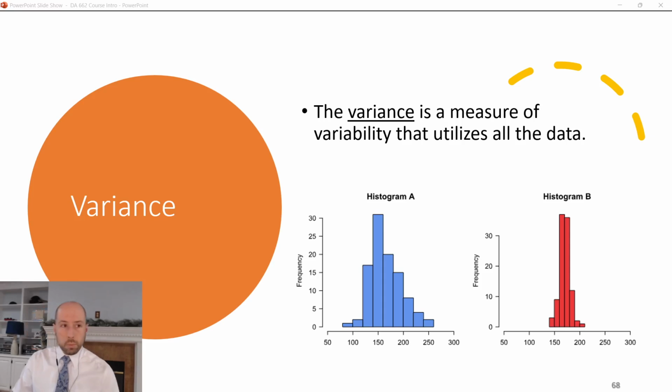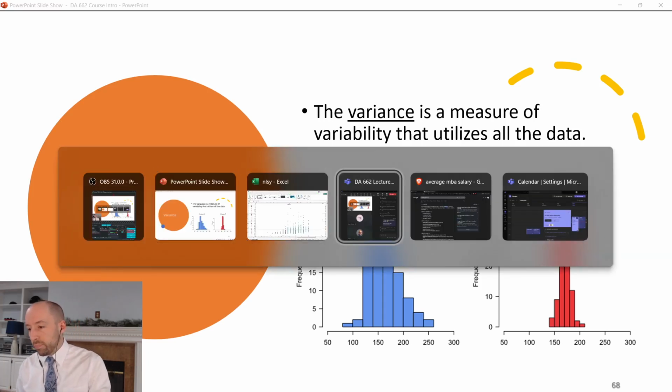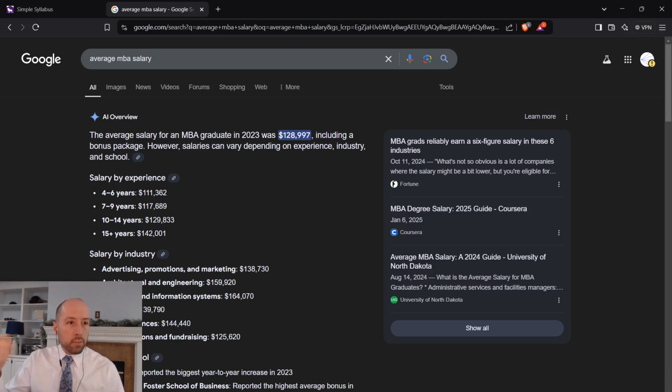I'll give you a terrible example. All right, so suppose I'm enrolled in an MBA program and I want to know what the average salary of MBAs is. So I go to Google and I say, Google, tell me the average salary for MBA students. And Google is happy to oblige, and it says the average salary for an MBA graduate in 2023 was $128,997, including a bonus package. That's not bad at all, but that could mean many different things. Suppose that the average student earns